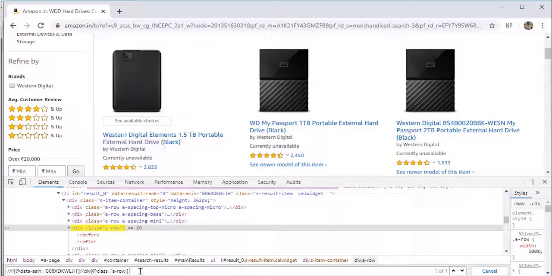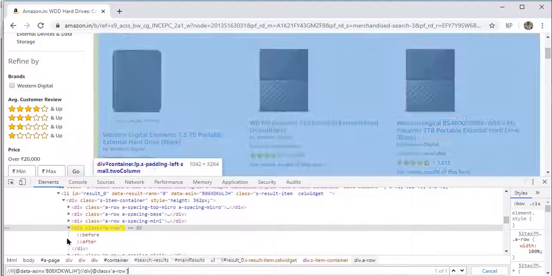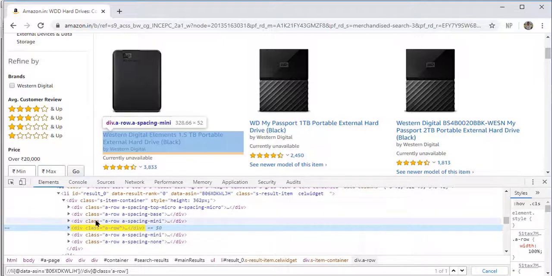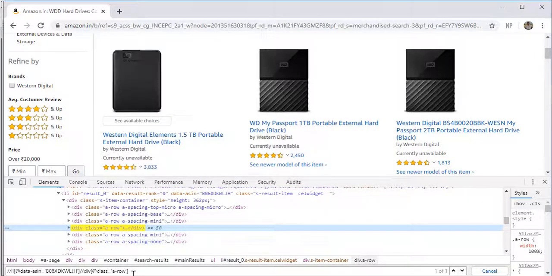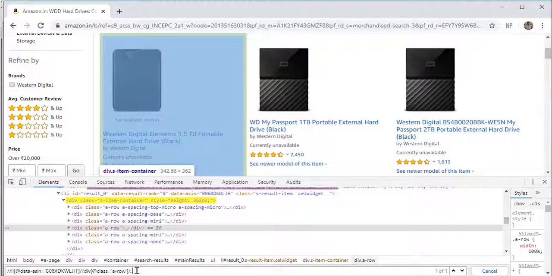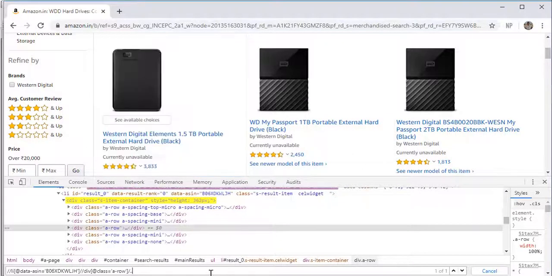Suppose we need to traverse to its upper parent. What we need to do is write forward slash and double dot. It travels to its parent element.